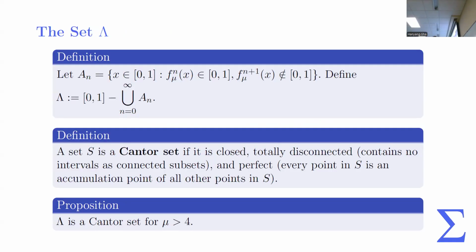So first, we need to define a set called capital lambda. And this thing is defined as follows. We take An to be the set in [0, 1]. Let's actually see what this means. Take x to be in [0, 1], and f^n(x) is in [0, 1], but f^(n+1)(x) is not in [0, 1]. So what this means,